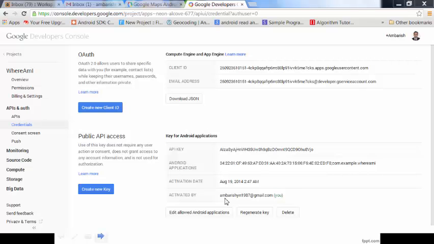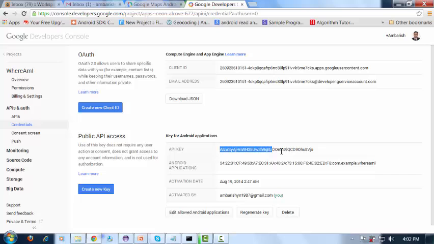Well, in the previous session I have explained how to generate an API key for your map. In this session, let us try to use this API key in our application to show the map. So let us start doing that. So here is our API key. I'll copy this API key,